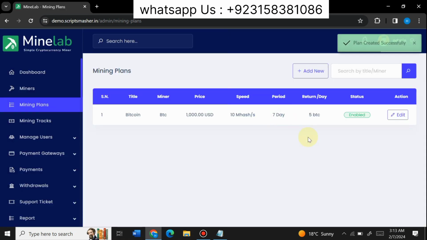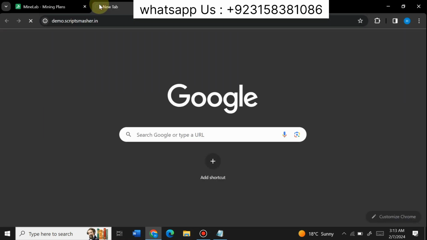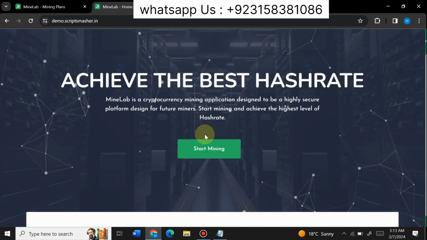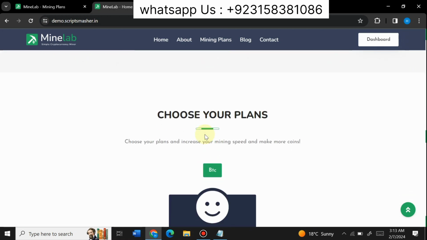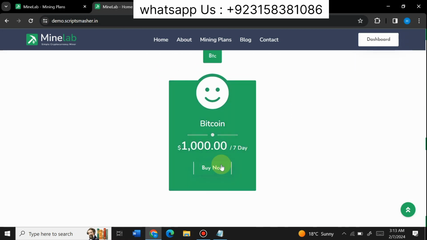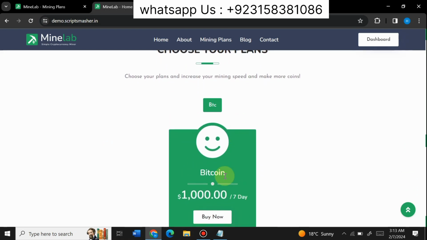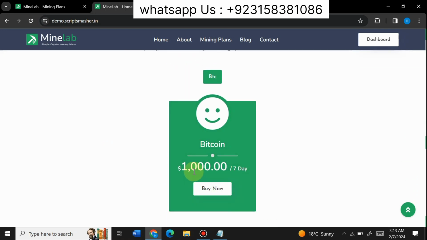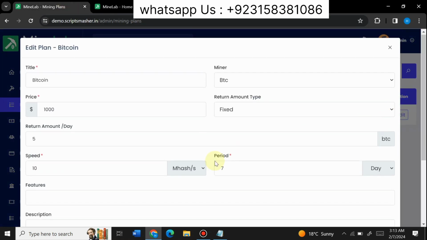So here you can see that our plan has been created successfully. Now let's go to our website and see how our plan is looking. So now just go back to our site, and let's see if our plan has been inserted or not. So let's go to the plans option, and here you can see that our plan has been inserted successfully, $1,000 for 7 days. So I haven't inserted any description or features, but when you insert the features, they will appear right here. So let me show you also how